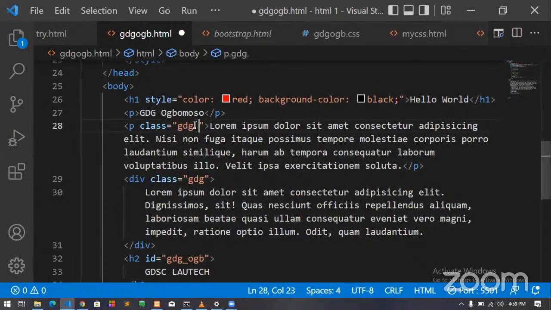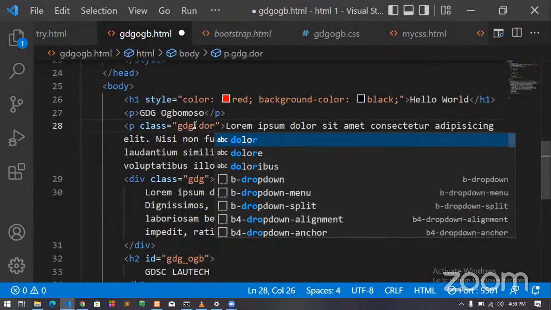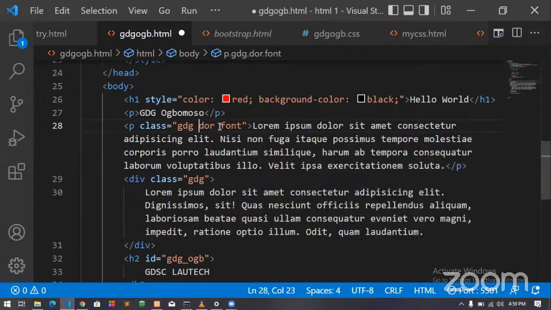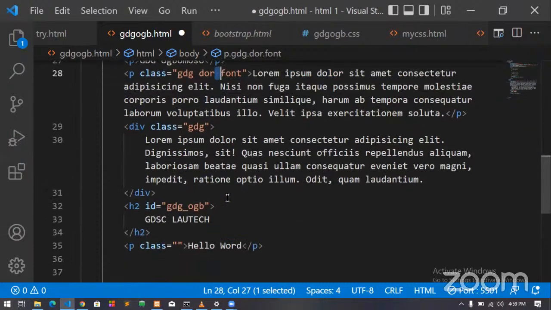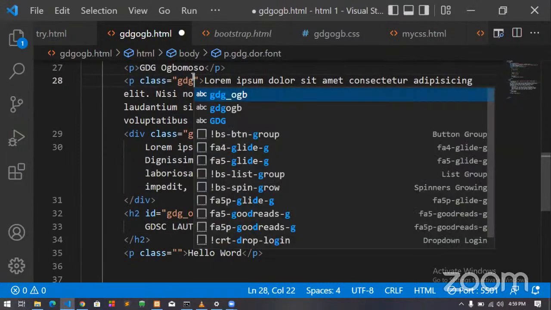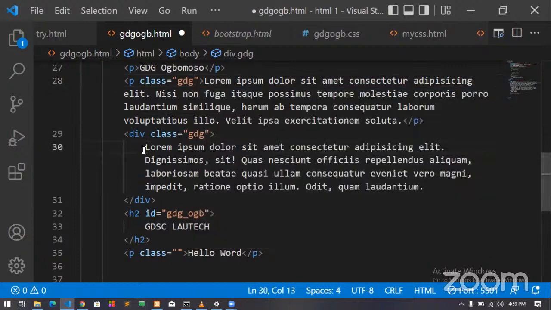I can come here and use another class, and I can still decide to use another class, font. It's possible to have almost three classes, one element using three different classes. It happens. So imagine I'm using my script to refer to those classes. It will be confused: which one do you want me to pick? But because ID is very unique, it's just an ID to an element.